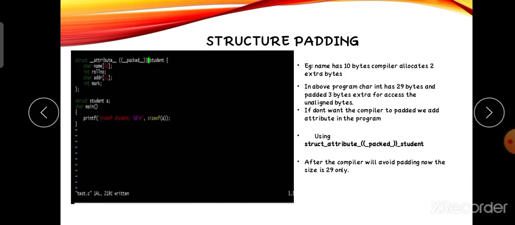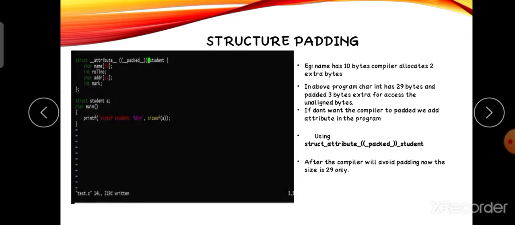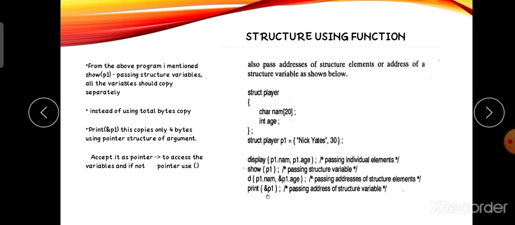structure padding. What is structure padding? Before that, I want to mention the operators. I already told you, we use the dot operator normally, but if a pointer is used, we do not use the dot operator; we use the hyphen and greater-than symbol, this symbol is used for pointers in the structure.